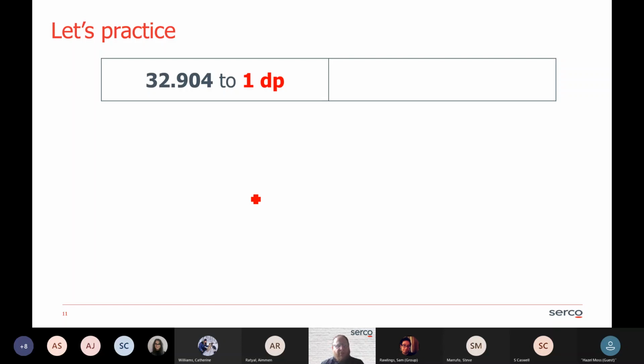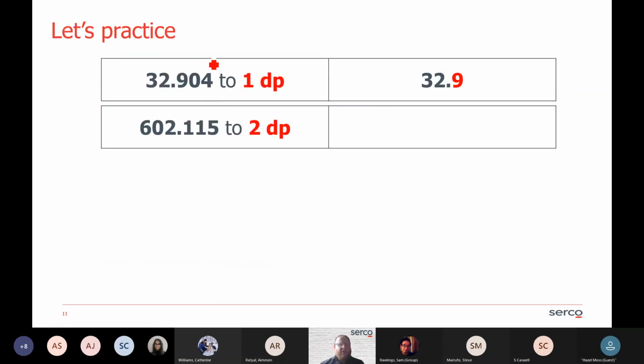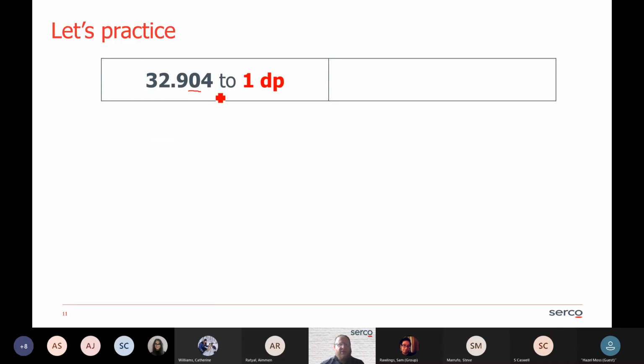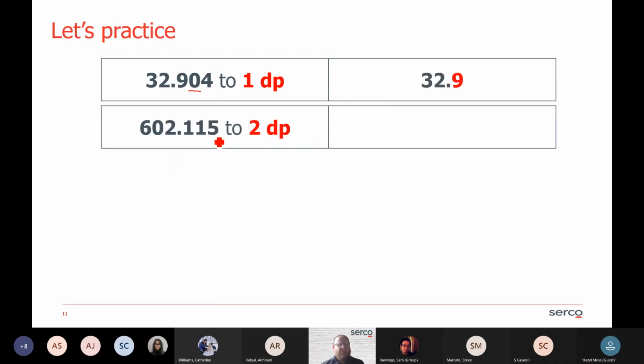Remember, we only want one figure after the decimal point. That's what 1 decimal place means. It means just 1 digit afterwards. Loads of people are correctly spotting the next number after the 9 is a 0. So therefore, we're just going to round it to 32.9. Really good. Next one,